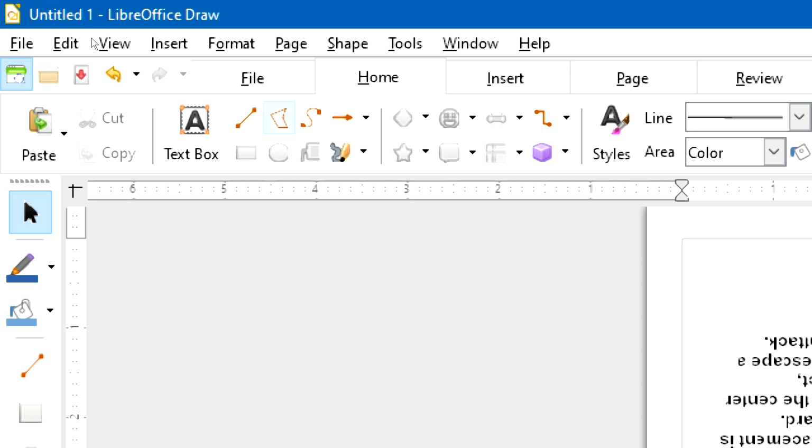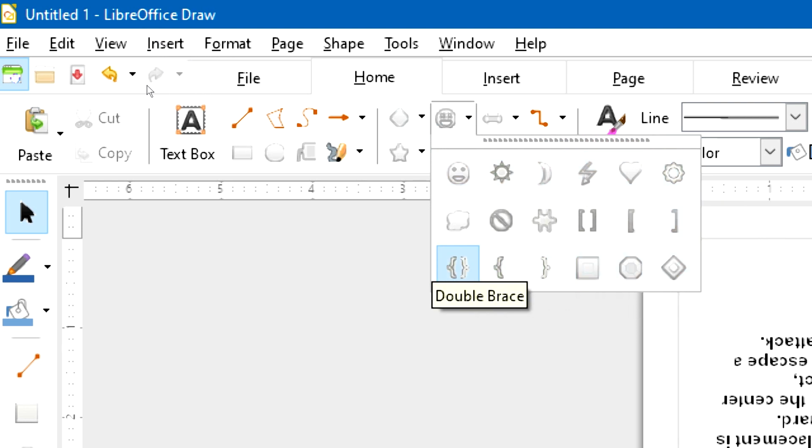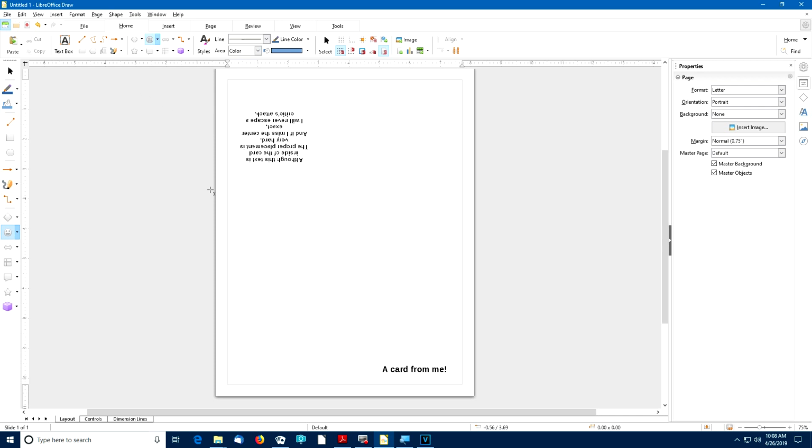Also notice that beside each one of these drawing tools, there's this little arrow. The same thing is true over on the drawing tools on the side. There are little arrows by some of the tools. If I select that arrow, notice that it opens up a large collection of symbols that are available with that tool. I'm going to use the smiley face in this example, and with the smiley face tool selected, I'm going to click and drag